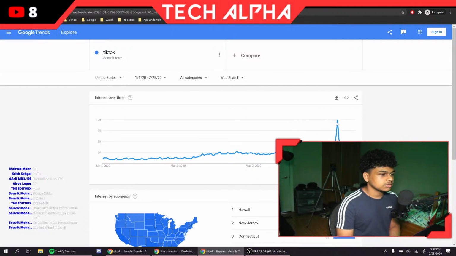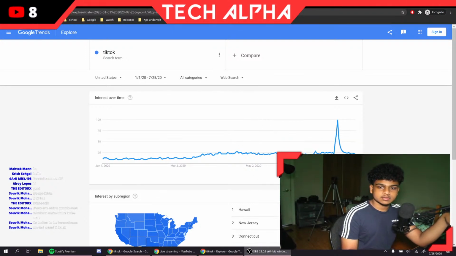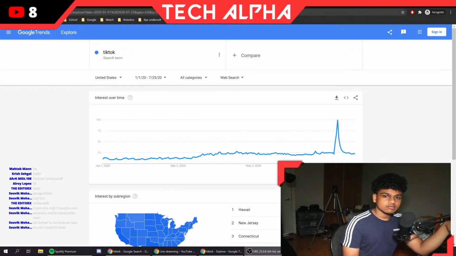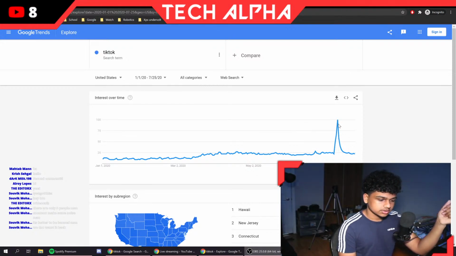But basically, see how there's a huge spike of TikTok searches. Everything that you guys are seeing here, I'm gonna make myself smaller. There we go. This flat line is the regular TikTok users just doing their thing using TikTok. But over here, this is when it received news coverage and press releases about how it could be selling your data or giving access to your data to the Chinese government.